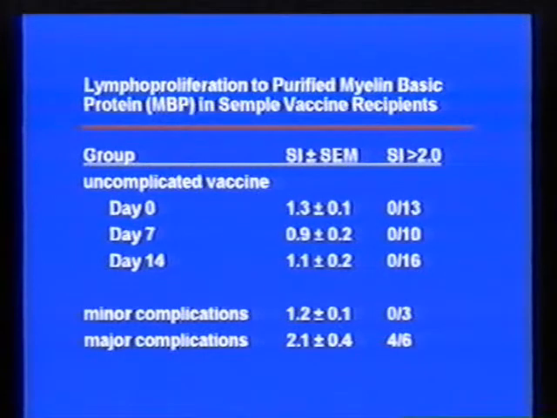So the question was, could we start to study the immune responses in patients who developed these neurological complications following this vaccine and compare them to the immune responses in patients who had received the vaccine but who had not developed these neurological complications, compare and contrast those immune responses, and learn things about the pathogenesis or the immunopathogenesis of this disorder.